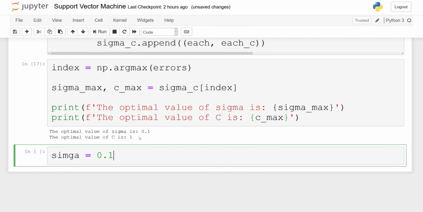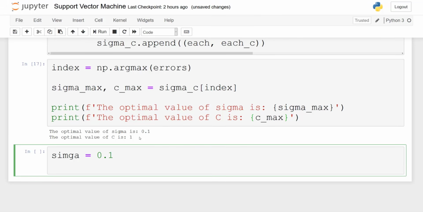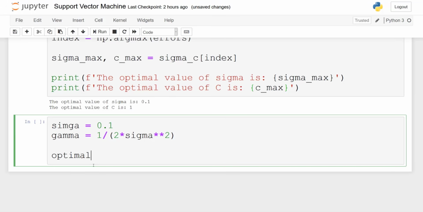So now we can fit an SVM algorithm. So we set sigma equal to 0.1, gamma is going to be equal to 1 over 2 times sigma squared. Then we will pass in those parameters to our classifier. So the optimal classifier is svm.SVC. The kernel will be RBF.